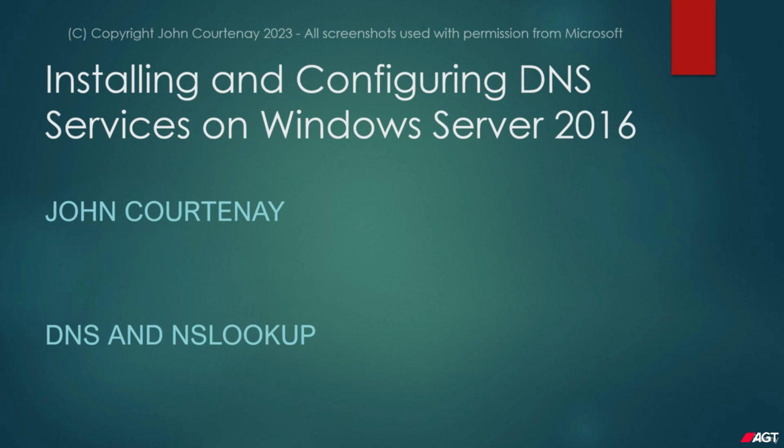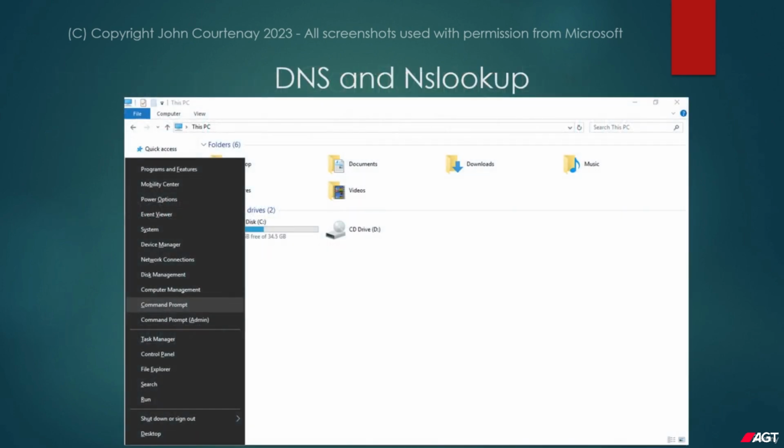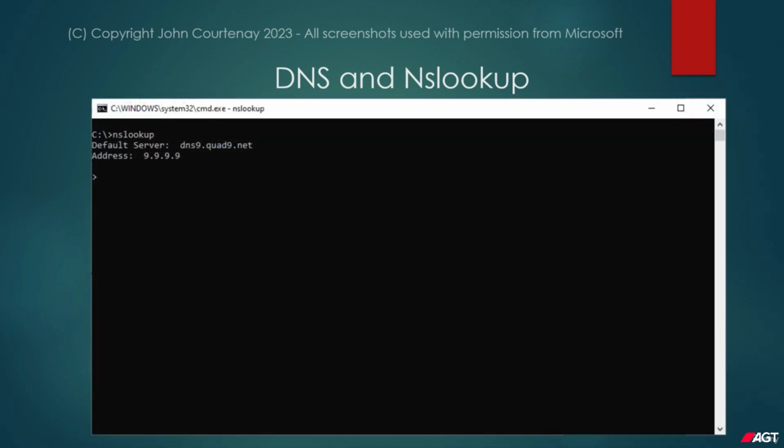Let's have a look at the NS Lookup utility, which is built into Windows. To access this utility, press the Windows key and X keys on your keyboard at the same time. When the menu appears, click on Command Prompt. When the Command Prompt window appears, type NS Lookup and then press Enter. You'll then see the default DNS server along with its IP address. This will usually be issued automatically by the DHCP server which you are connected to. DHCP being a service that automatically issues IP addresses, DNS server addresses, and one or more default gateways to client